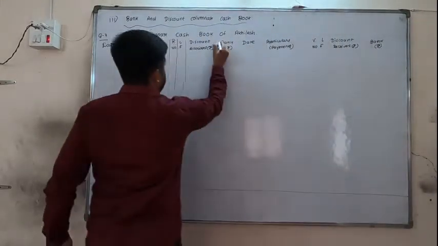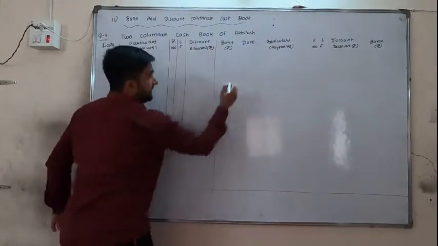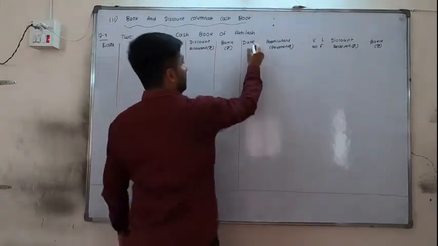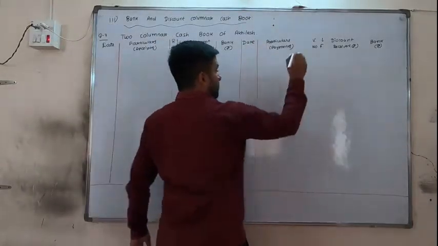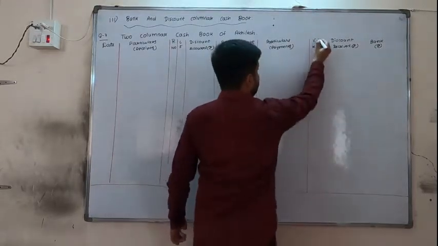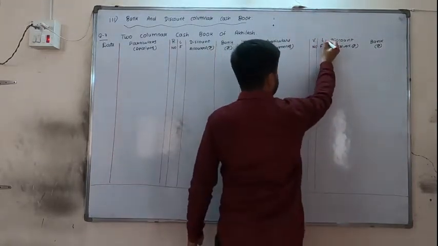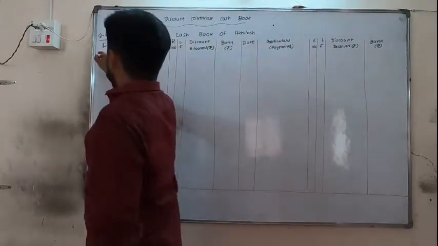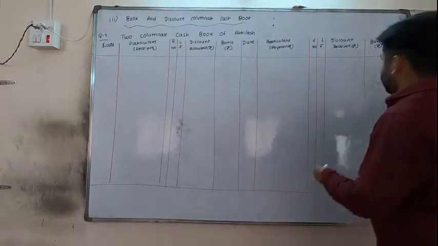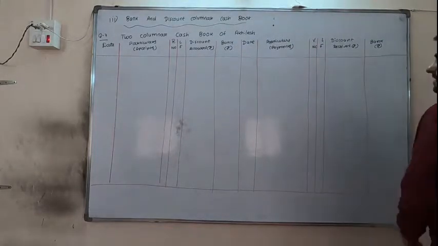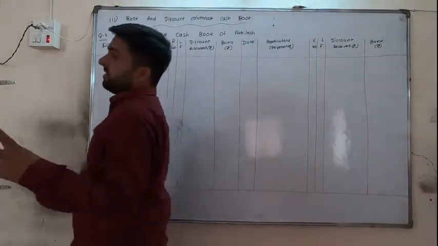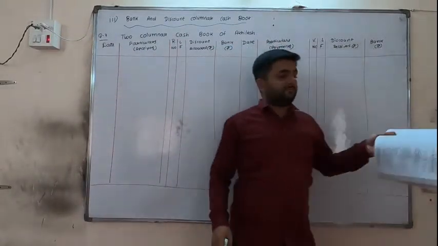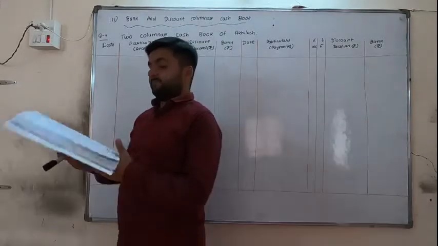And again remember, contra transactions are not possible. It is possible only when cash and bank both are together. If cash and bank are not together, then it cannot be a contra transaction. Okay, so remember in the sum, if anywhere cash is deposited or cash is withdrawn from bank, then it is not a contra transaction, my friends, because the reason is simple. Here cash and bank both columns are not maintained, so we cannot say it is a contra transaction. Okay, let's start the seventh sum.